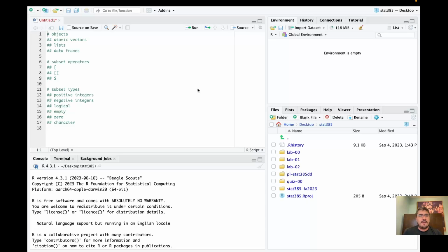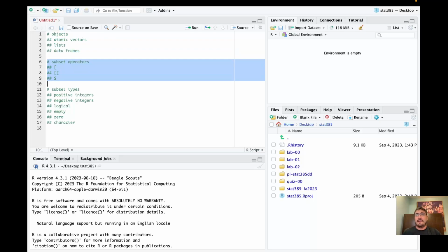So in this video we are going to discuss subsetting, and in the previous video we introduced generic vectors and data frames, which is a particular type of generic vector, namely lists. Lists are generic vectors, a data frame is a particular type of list, and in videos past we've discussed atomic vectors. So here we're going to consider these objects again, and then we're going to discuss different subset operations to